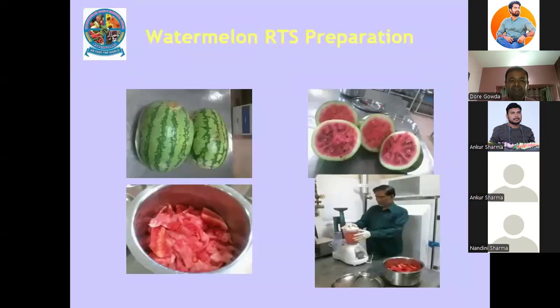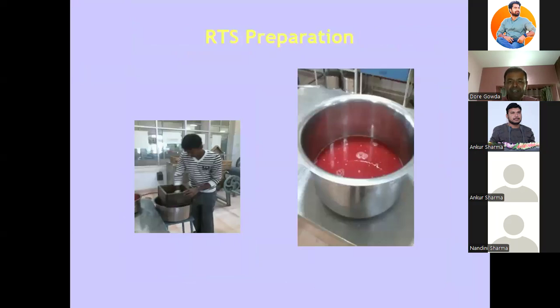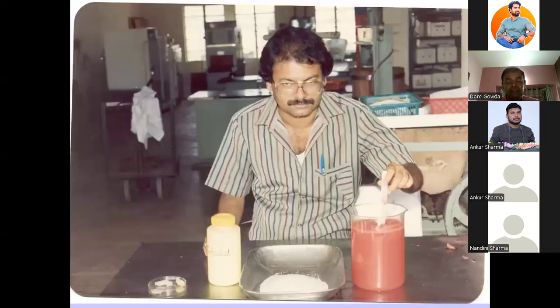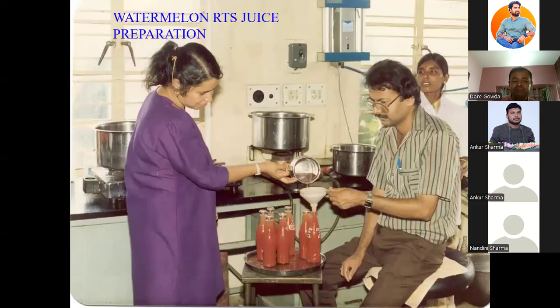First, you have to take fully ripe fruits, wash them, cut it, separate the edible portion, remove the seeds, then blend it. Then we get a clear juice. Then pass it through the sieve to remove any sediments. Then we require this extracted juice, sugar, citric acid, ginger. These are added at a particular proportion to that, and juice is prepared,